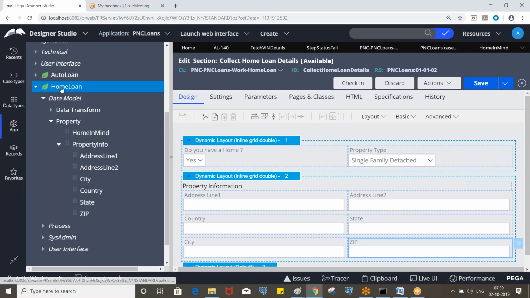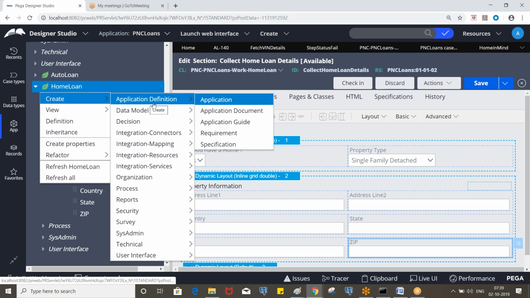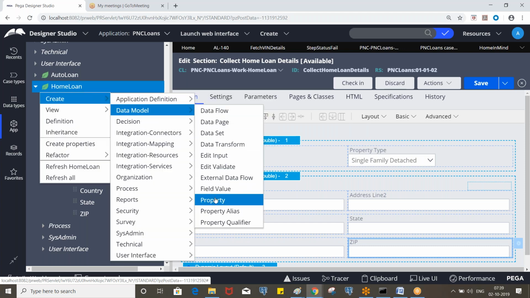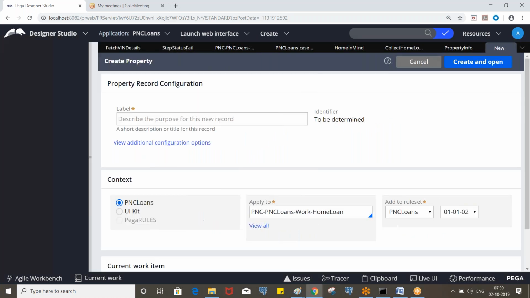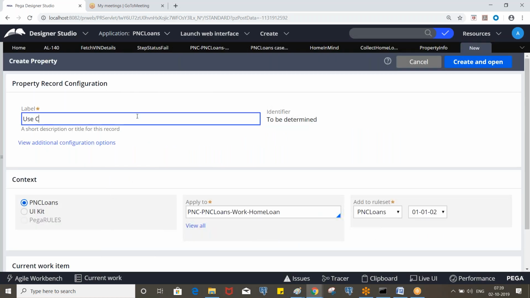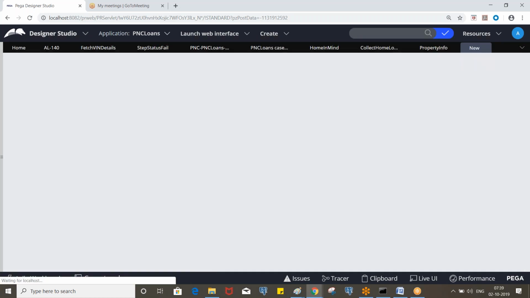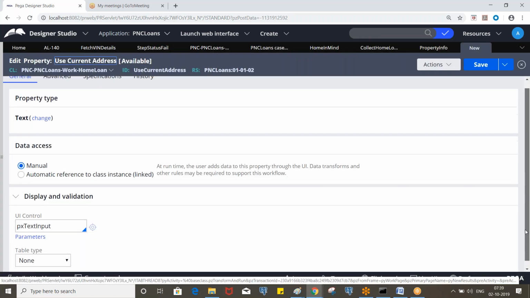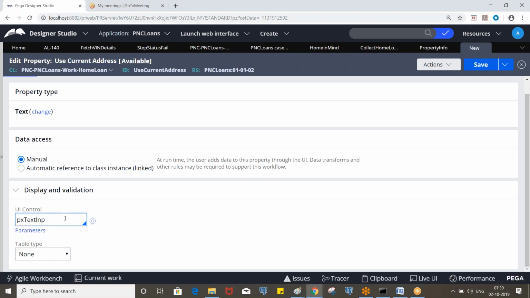So let's create a property called use current address. PX radio buttons. Enter the values in the local list.